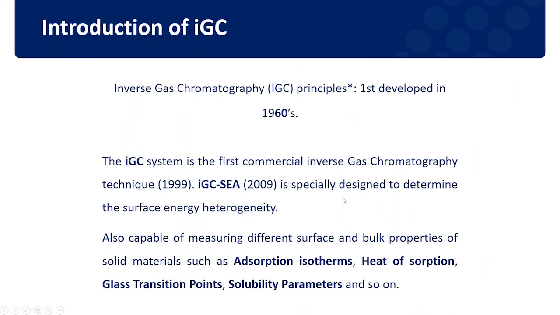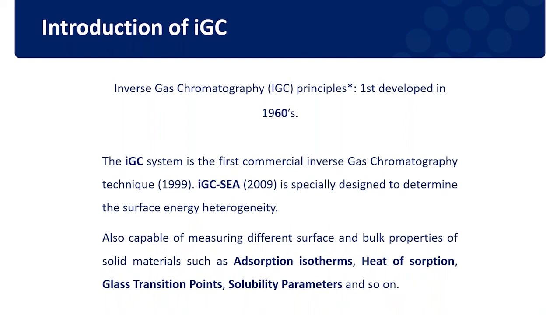Inverse gas chromatography was first developed in the 1960s, and in the past, IGC experiments were performed on classical analytical gas chromatography equipment. These pieces of equipment were not optimized to perform inverse gas chromatography experiments. They would often experience problems with uniform column heating and with injecting gas in known, small volumes. So this technique became first commercially available in 1999,